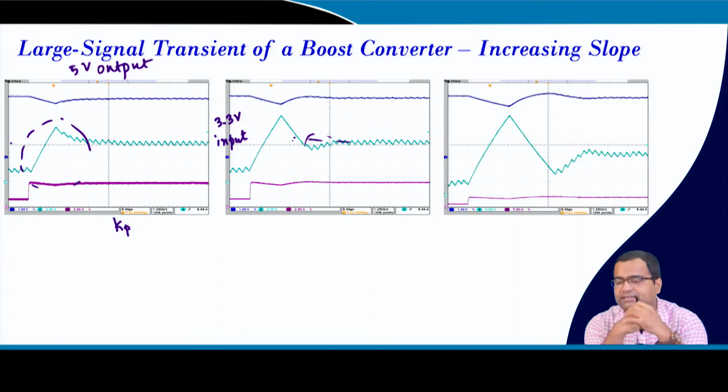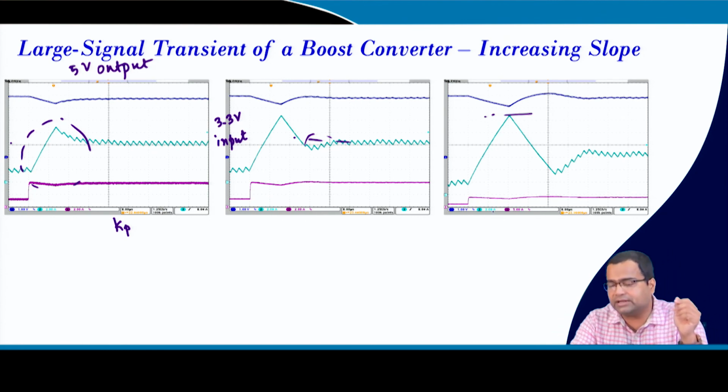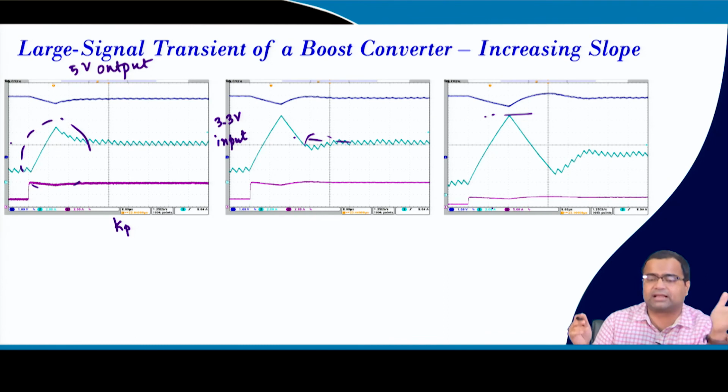If you further increase the gain, then you will see the overshoot will increase significantly, and that we have discussed in the phase plane. If you increase the proportional gain, you will get more overshoot and undershoot, and if you further increase it, it may so happen the whole system will collapse. So, you have to be very careful, and this will even lead to much higher current undershoot and overshoot, because it is 2 ampere per division.